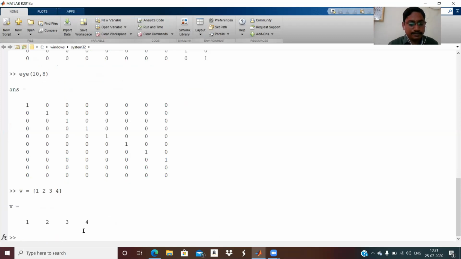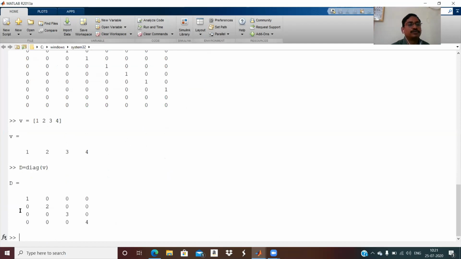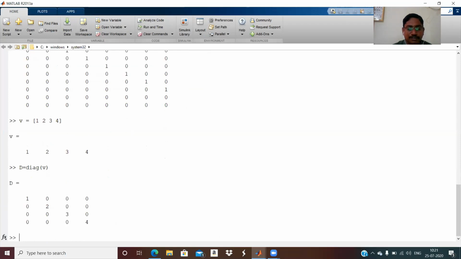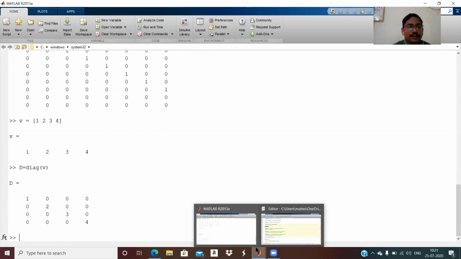This is V and diagonal V. So 1 2 3 4 comes as a diagonal. It is a 4 by 4 matrix. If you choose this as a matrix, all the elements will come on the diagonal. So size will be larger. It counts the number of elements.